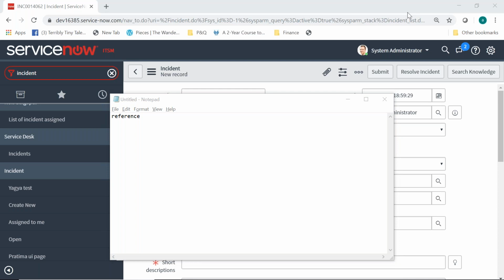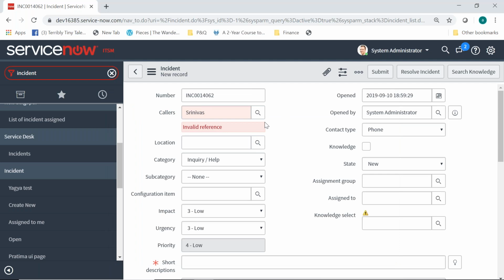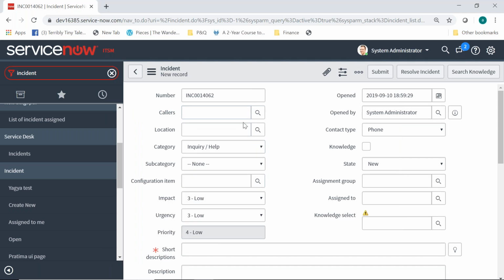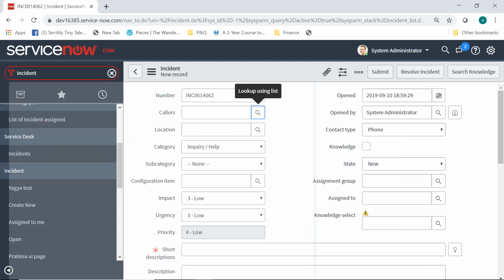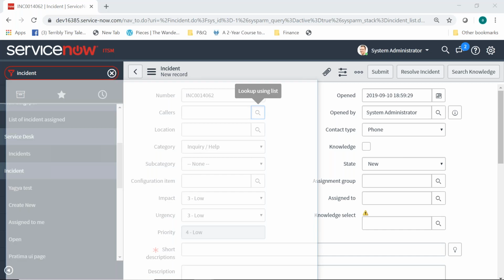Okay, so what is the behavior of that field? That's what I want to make you understand in here. Any field, if it is a reference, means it is pulling the data from some other table. What can be the purpose of that? If I remove the data in here and make it empty again, when you click on the magnifying glass, you will see it gives you the option to select the data from another table in here. Can you see so?